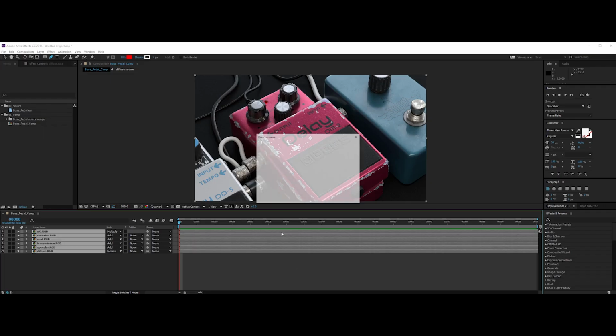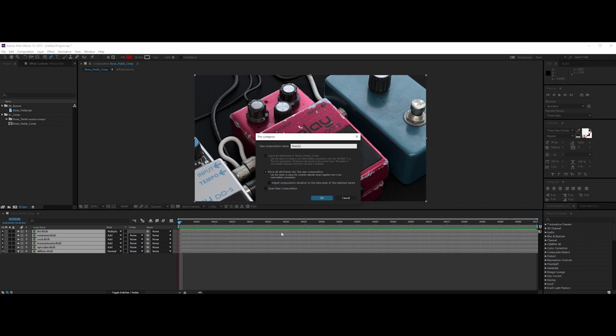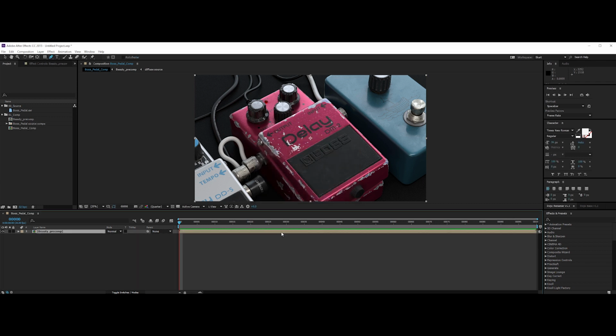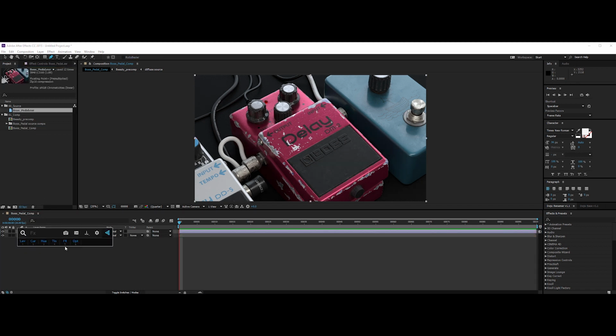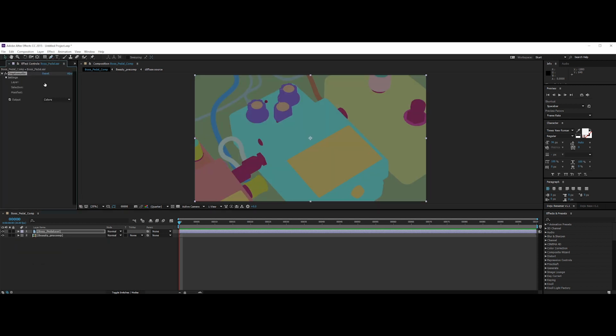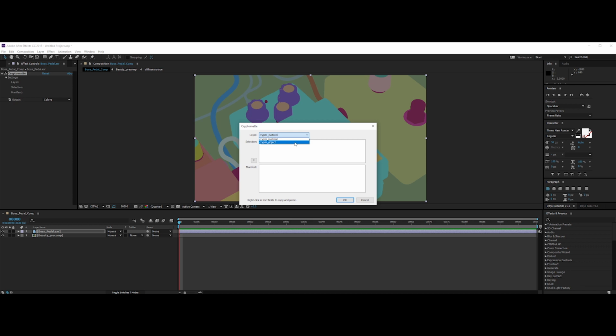Back in After Effects. A quick and easy way of creating a multitude of masks is the use of Cryptomatte utility passes. To do so, drag our main EXR source into the timeline, then apply a Cryptomatte effect to the layer. In the Effects Controls panel, you can choose between materials and objects. Let's choose Objects and click OK.